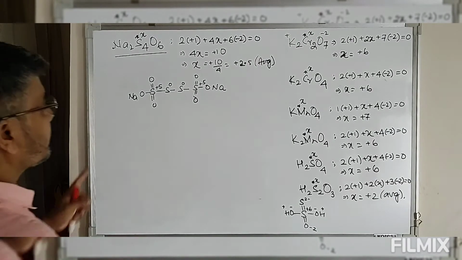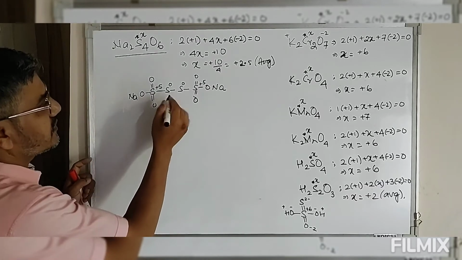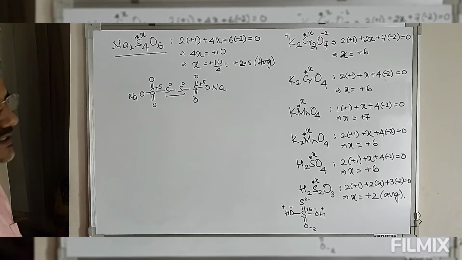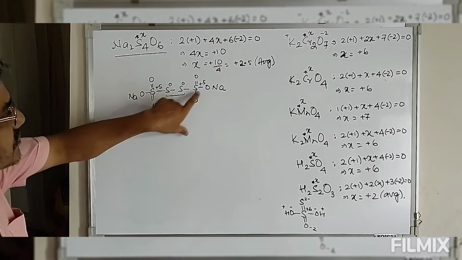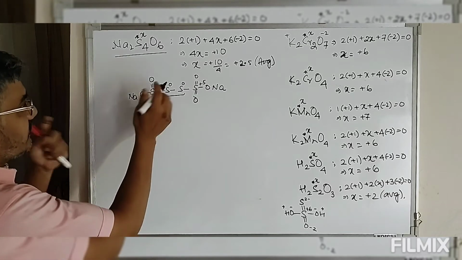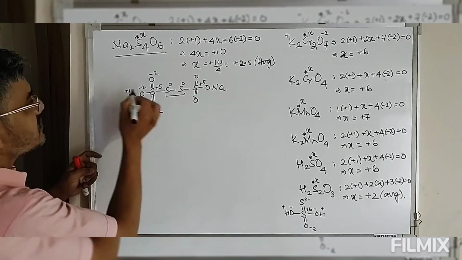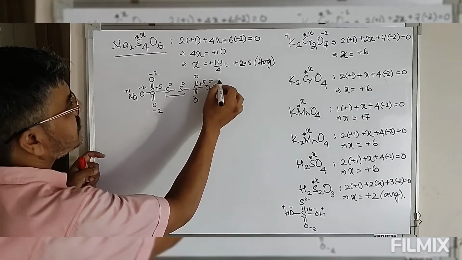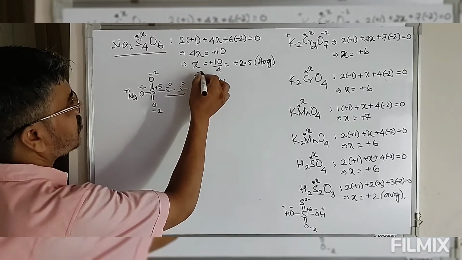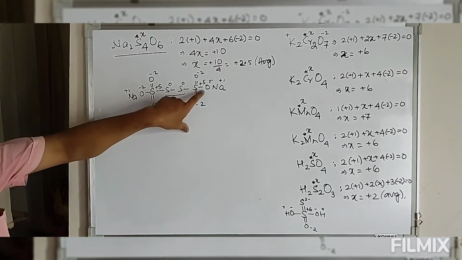Look at this. We have 4 sulfurs. Of all these 4 sulfurs, the two sulfurs in the middle are both in 0 oxidation state, whereas these terminal sulfurs are in +5 oxidation state. So look at this. This is -2. This is -2. This is also -2. This is +1. This is -2. This is +1. This is a normal oxide. So now look at this. This is +5. This is also +5.